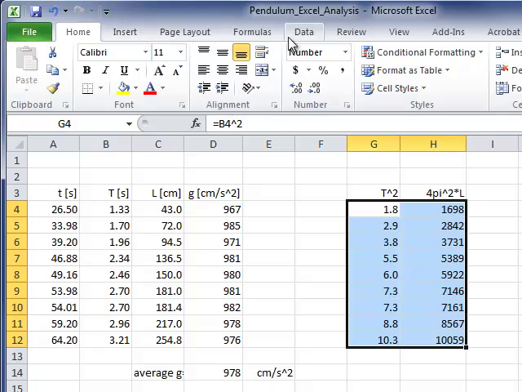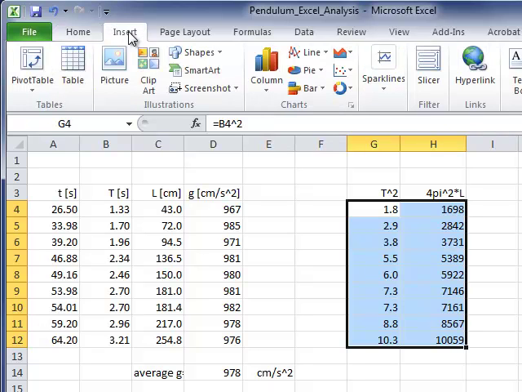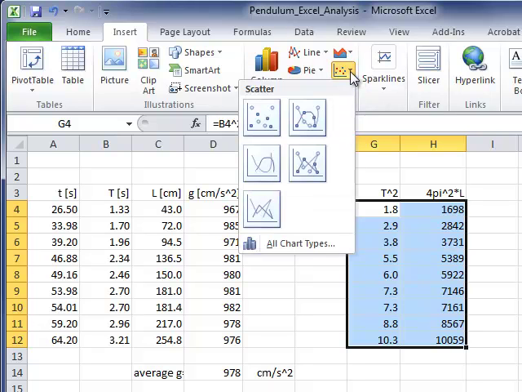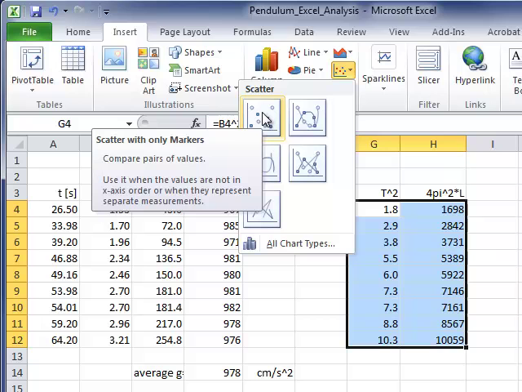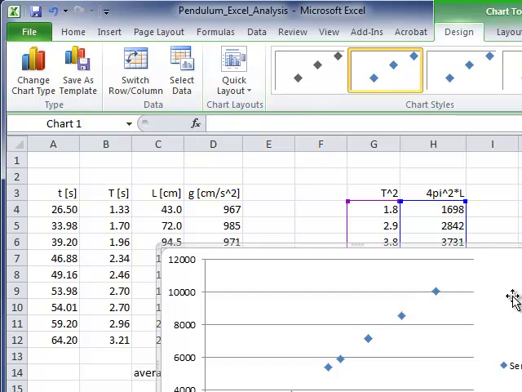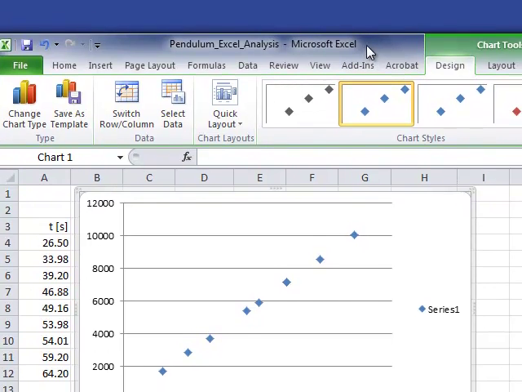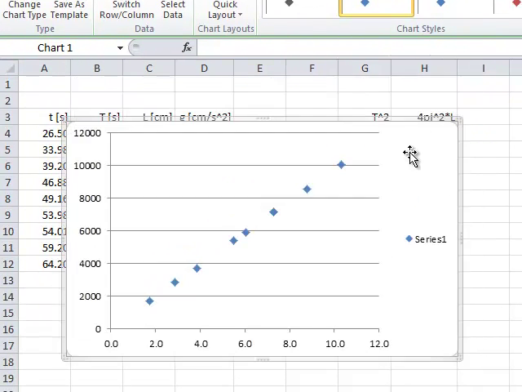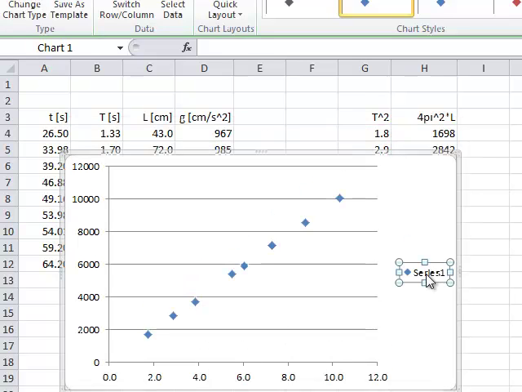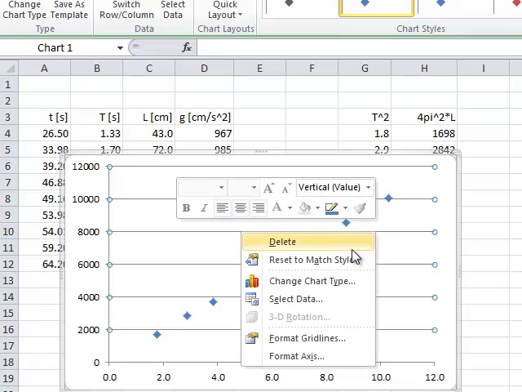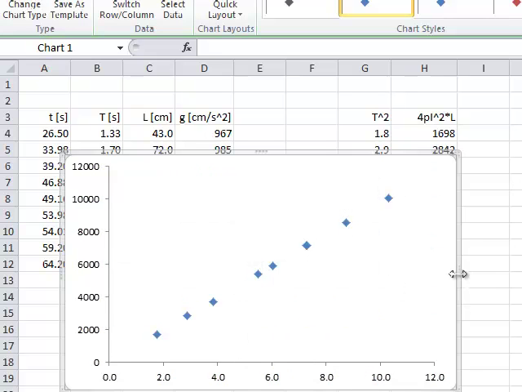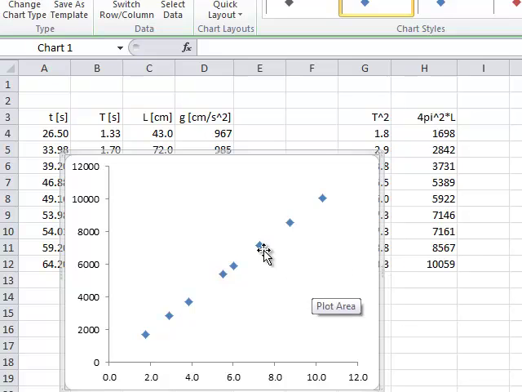And it would make sense to put the graphing under data, but in Excel it's under insert. There we go, insert, and then we can see the various ways of graphing here. It is always going to be a scatter graph, where the dots are not connected. So here we go. Okay, now I have to pull this up a little bit. I don't need these lines here. Make it a little bit tighter so we can see more. Okay, so here are the data